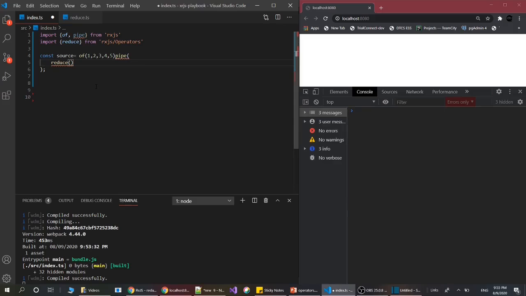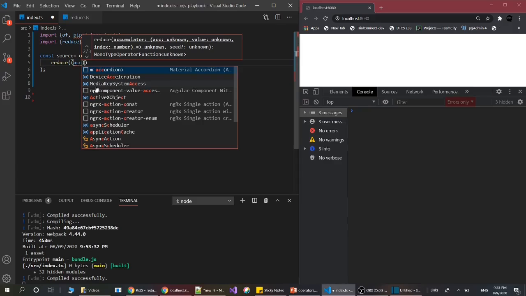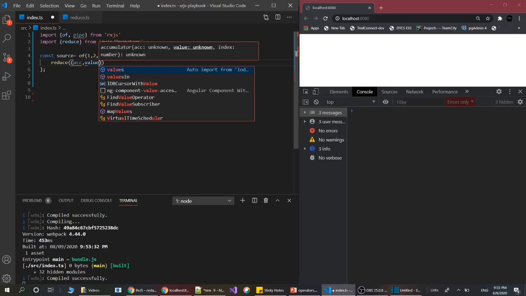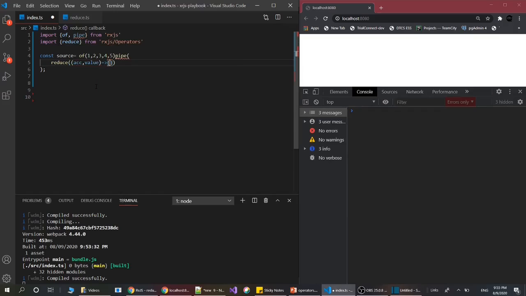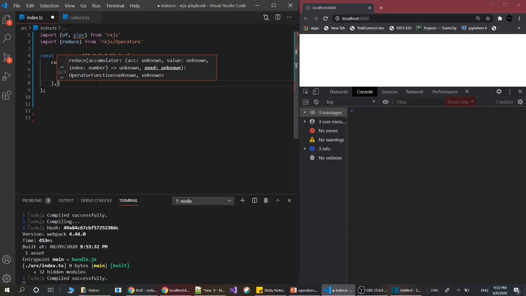So let's give some anonymous function here, accumulator acc, and this accumulator function has first argument as the accumulator. Okay, next is a value, which is going to be produced by the observable. So let's open it, and after that it takes the seed value. Seed value for the sum is 0.